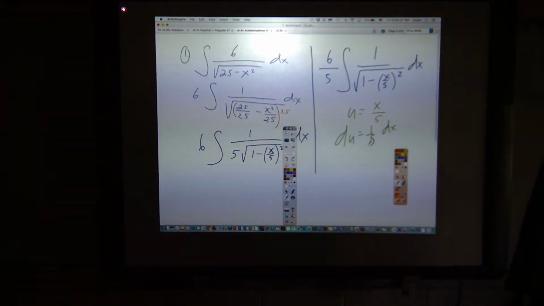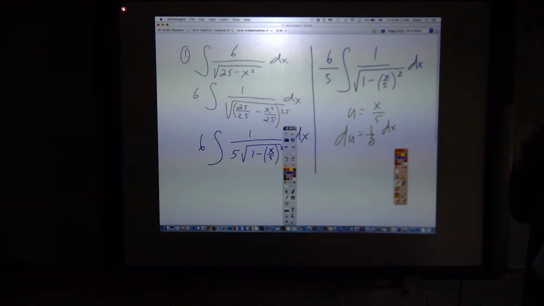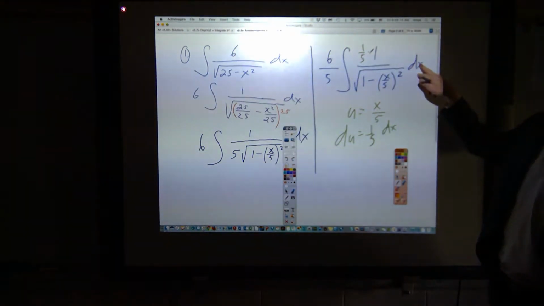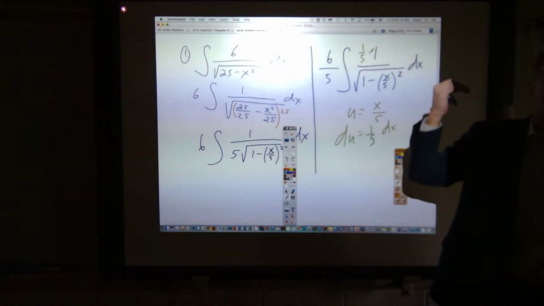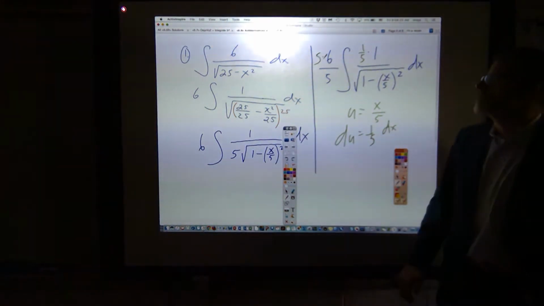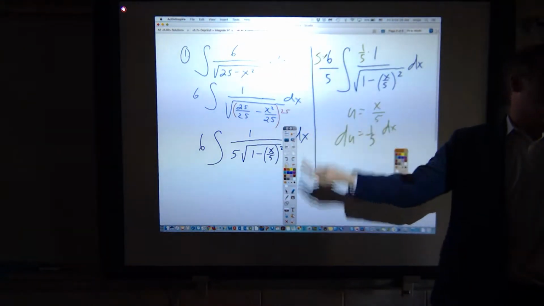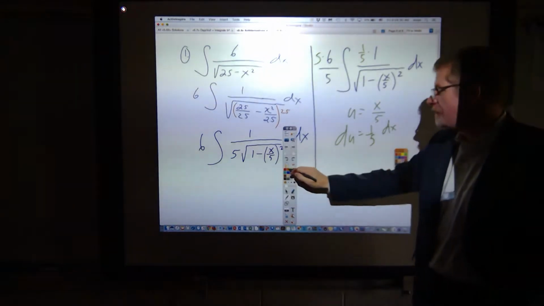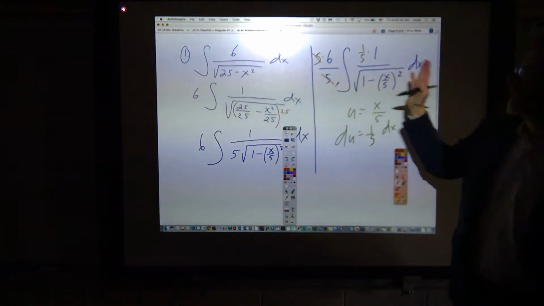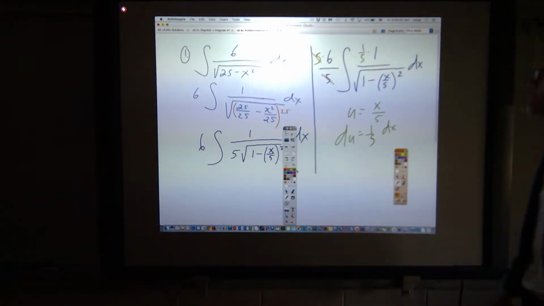So, I mean, I kind of had a 1/5, but this is technically what's going on. I need to put a 1/5 up top because I need 1/5 dx. So I doctor up the problem with a 1/5, counterbalance with a 5, which will always cancel out the other 5 that I brought out. So this is what happens every time: that constant will cancel out front. So what we end up with is